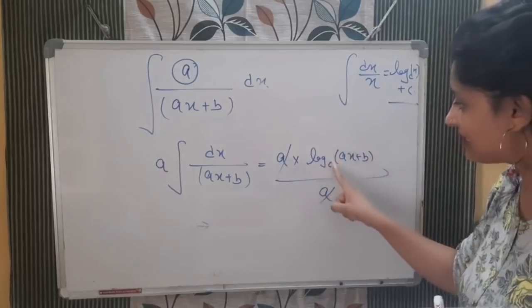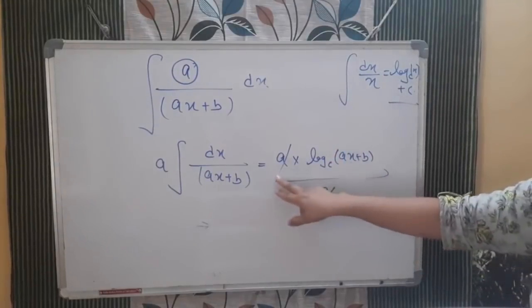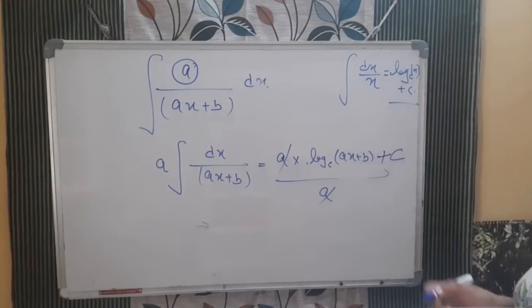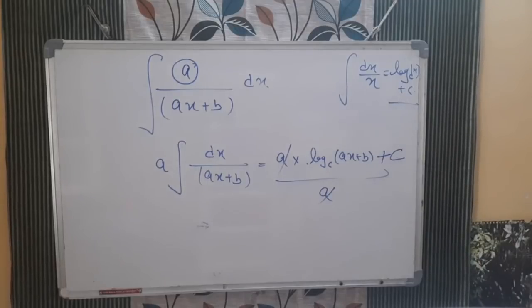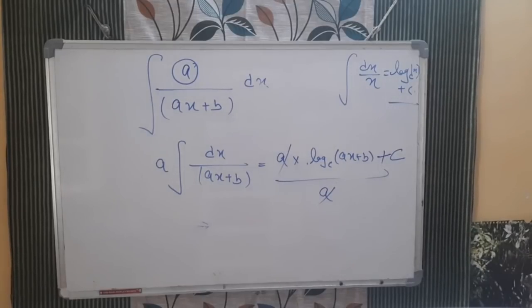Now whatever is left inside, we will always differentiate it and write it in the denominator. a will be cancelled out and this thing will be left plus c, because we don't know the definite value. For the definite integral, we need to know from where to where to integrate. So these were some formulas that you need to remember. You can note down all these formulas, or you can see these formulas in the textbook also. Please note them down from there and remember them, try some numericals and you will get these answers.